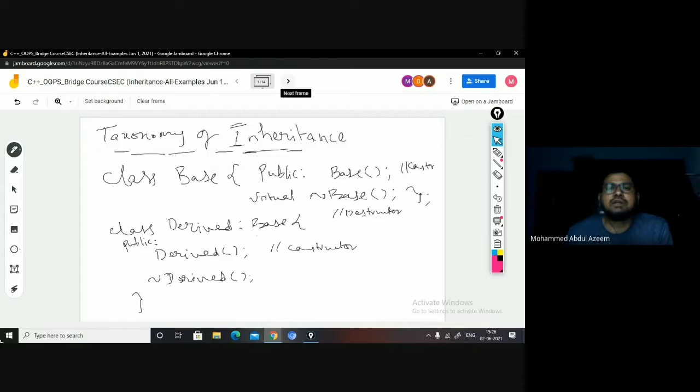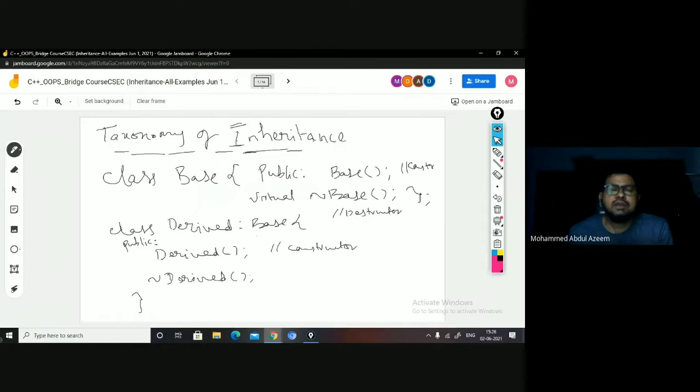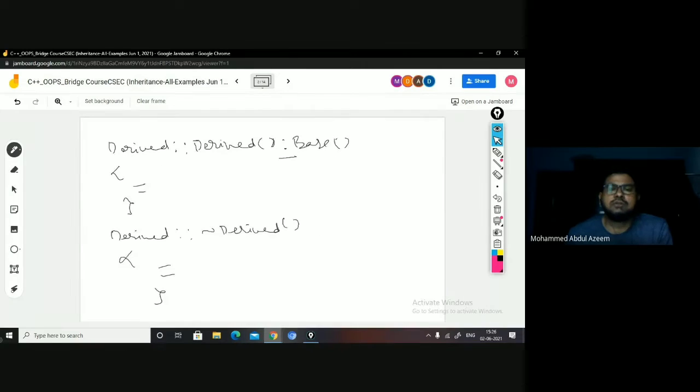If you have a constructor in the derived class, we need to have a constructor in the base as well, and the base constructor is going to be inherited like this in the derived. And if you have a destructor in the derived, then you must have a destructor in the base, and that must be virtual. So the virtual keyword will be taken care of by